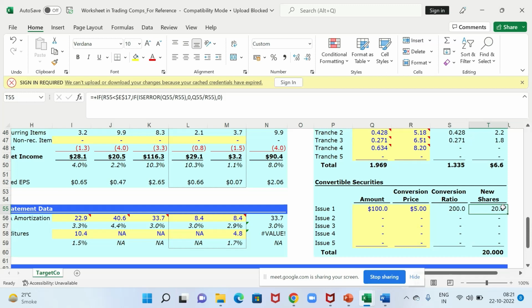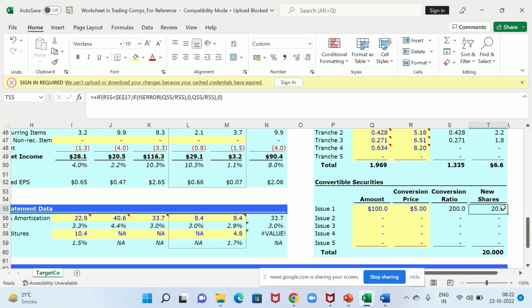Why? Because we are assuming it as on given date if this company has to be acquired by someone. So what will happen is they will have to factor in for all the liabilities, all the dilutions. So hence we will factor in that this will be treated as equity and not debt. So when we'll be computing total debt, we will have to exclude the convertible debt from total debt calculation, but we have to show that as equity. So our number of shares will increase by that amount and my total debt will exclude this. There should never be a double counting.